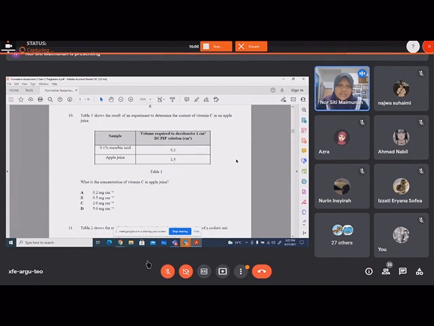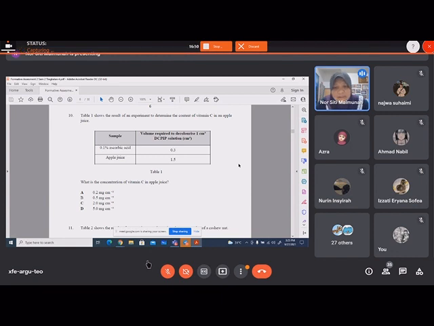Okay. Number 10, the experiment to determine the concentration of vitamin C in the apple juice. May I know what is the formula to calculate the concentration of vitamin C? The formula is the volume of the ascorbic acid used to decolorize DCPIP solutions over the volume used by the juice to decolorize DCPIP solutions. Okay, so students, for information, DCPIP stands for dichlorophenol indophenol solution, which is blue in